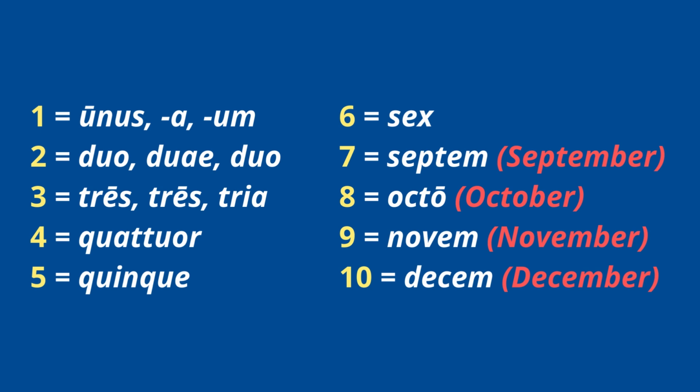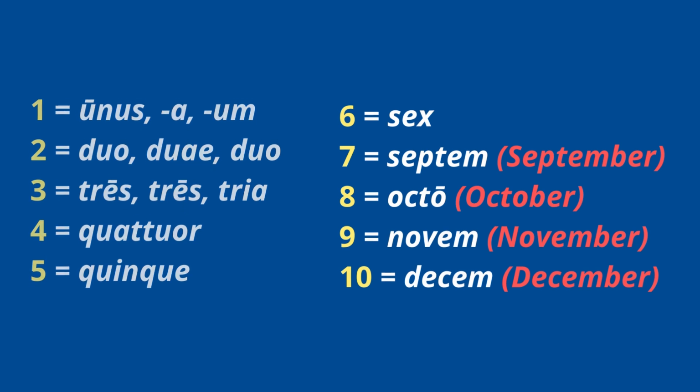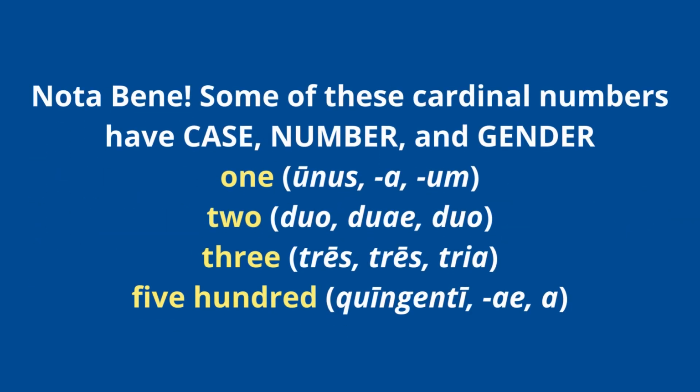But you can actually still see the numbers in these English names for the last 4 months of the year. Okay, so like we said, some of these numbers have case, number, and gender, and the numbers 1, 2, and 3 are the main culprits. There's also the number 500, which you probably won't run into too much in your Latin career, but 1, 2, and 3 are pretty basic, and this is why we don't teach you Latin numbers right